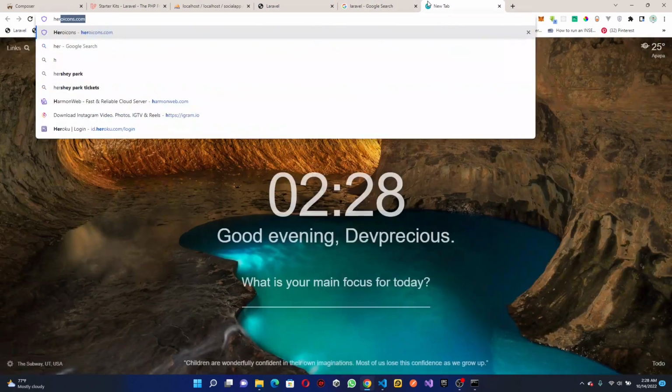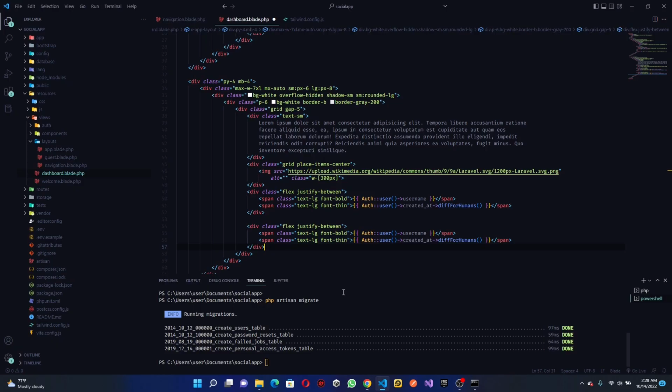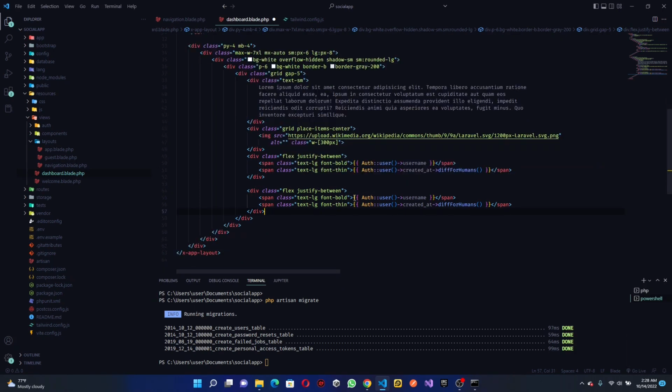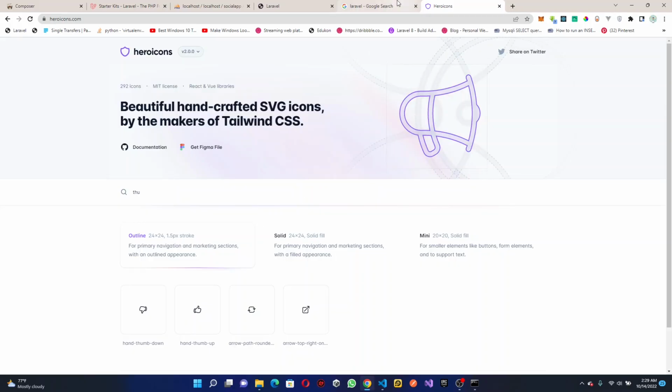So let's go to heroicons.com. This is an official icon set which is created by the Tailwind makers. All right, let's look for thumb. All right, so thumb is here. So right here we don't need all this. We don't need all this actually. So paste this. So we are going to have a like,